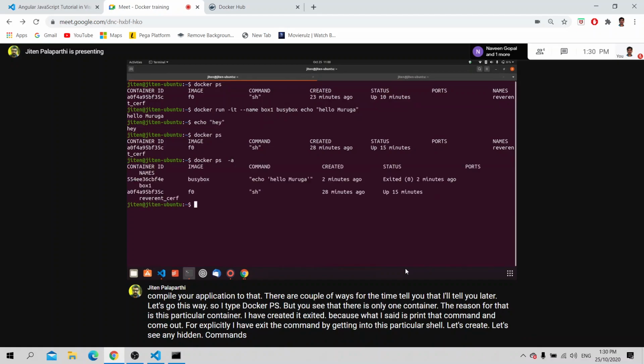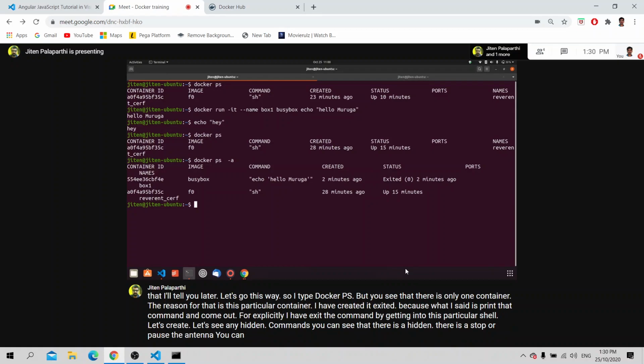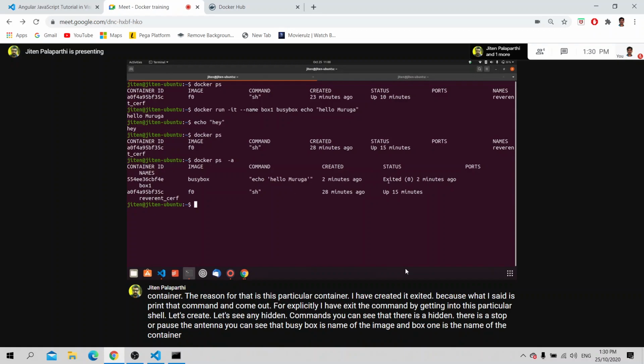You can see there is a stopped container. Busybox is the name of the image, and box1 is the name of the container I gave.